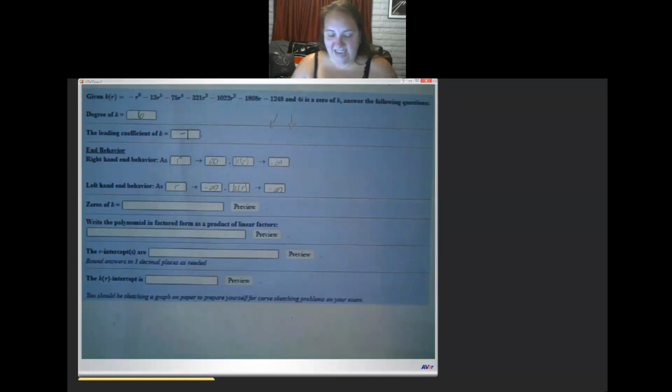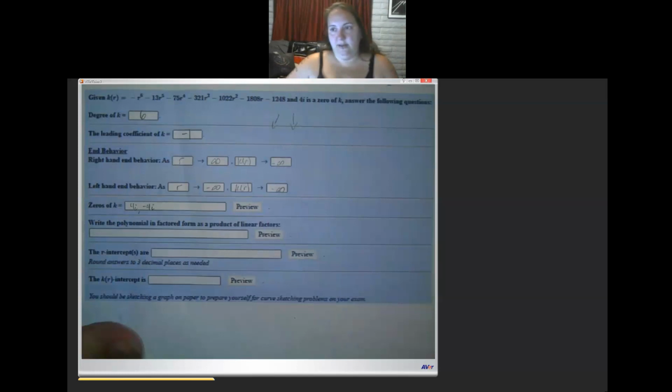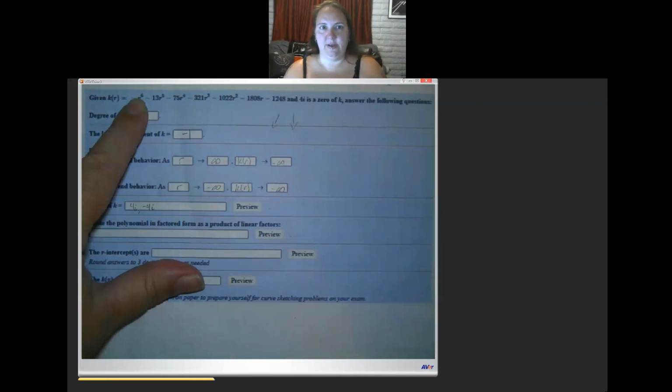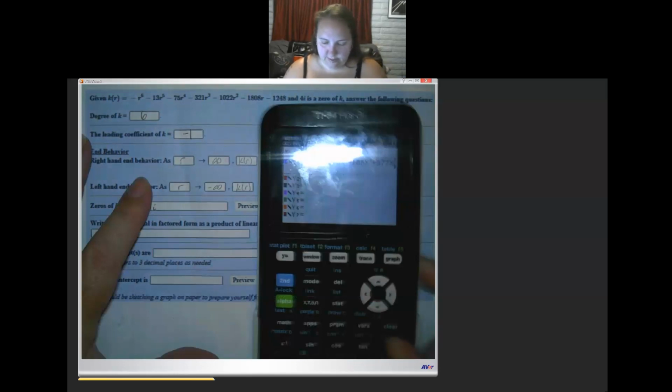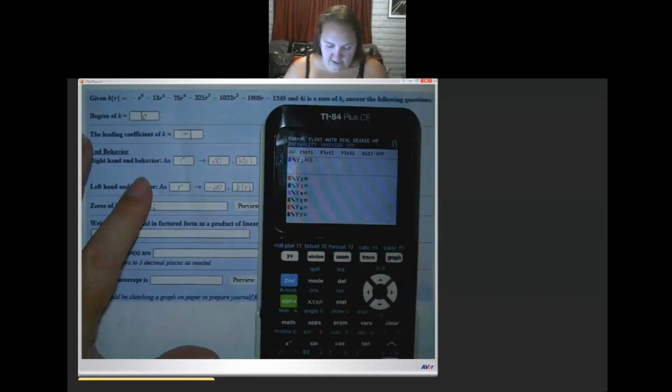Okay. They gave us 1 zero, but really they gave us 2 zeros, because if we have 4i, then we also have negative 4i. Now we're expecting 6 zeros. So, I mean, we could try to graph this one. I don't know that we'll see any on the graph, but let's give it a shot. Negative x to the 6th minus 13x to the 5th,